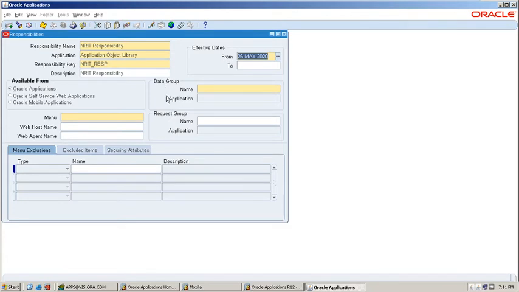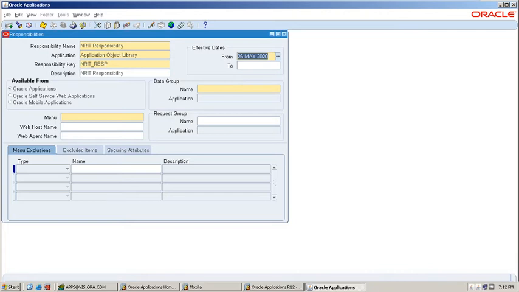Next, on the right hand side you can see the data group. The data group is defined as a pair of applications and Oracle usernames. And next, on the left hand side you can see the menu. This is the main important field which you need to pass.